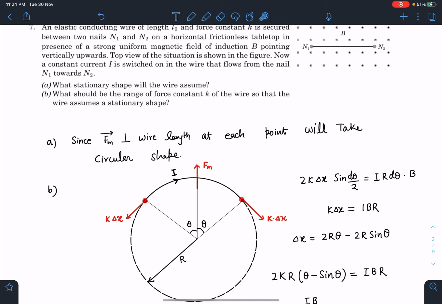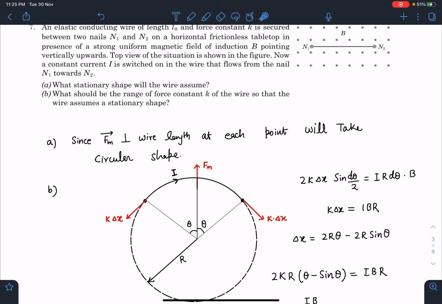And the tension in this string, which is K delta X here, will be acting at these two ends. This is a very common question and you would have seen it many times, as I discuss this in almost every topic. So the net force towards the center is 2F sin(d theta by 2), and that is equal to IBL. Here I can say L value is R d theta. For small angles, d theta gets cancelled, and K delta X we are going to get as IBR. But here, delta X is the length of this arc, which is 2R theta,